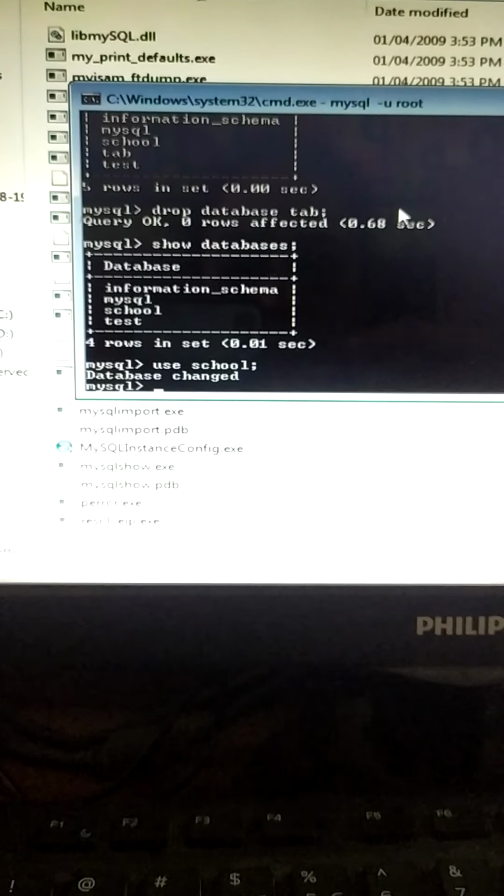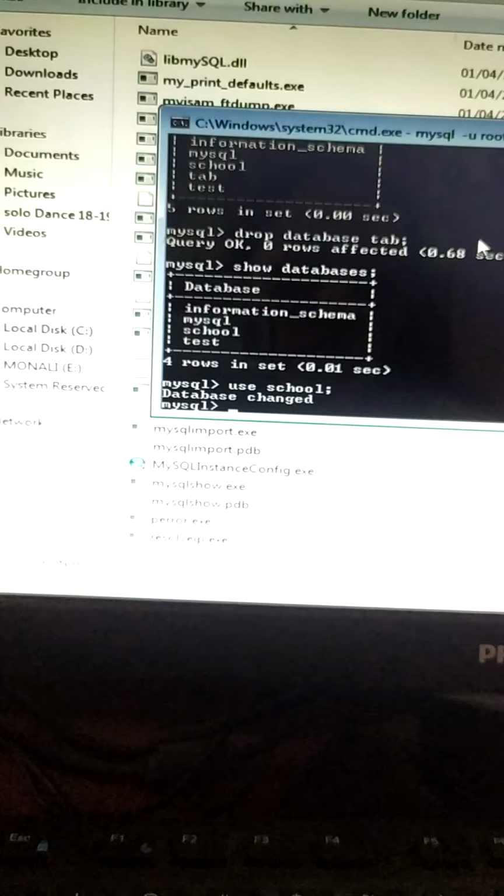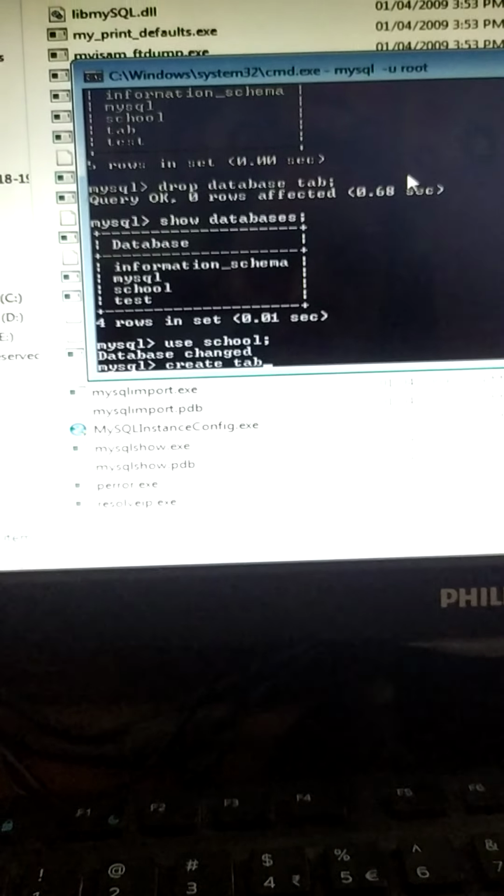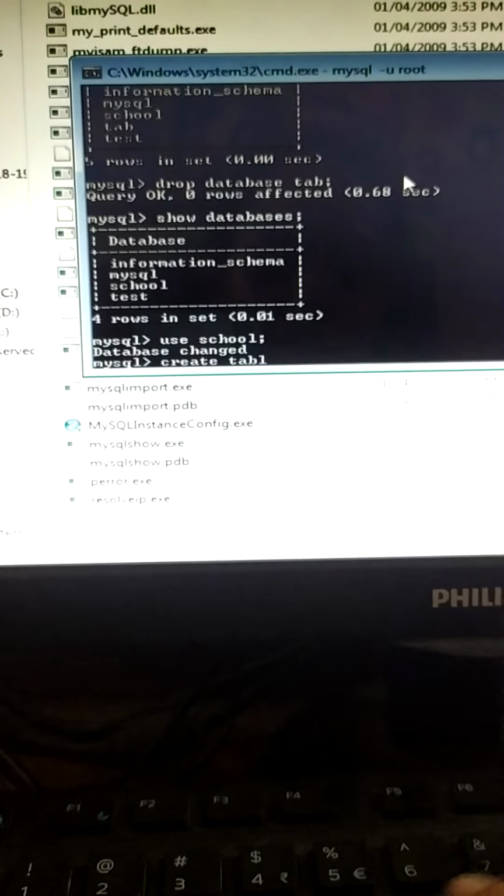Now, how to create and use a table? To create a table, you will write create table and the table name. Now, suppose we create a table for student details.